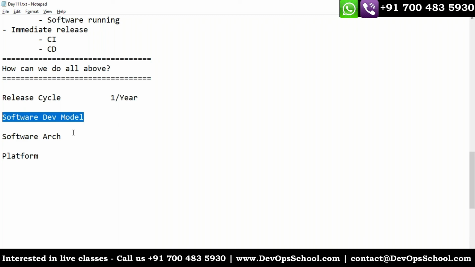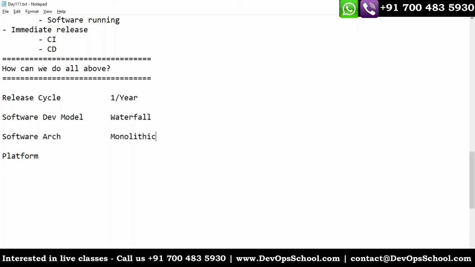Some of you must be working on old projects. Waterfall model. You see that here, waterfall model. And what was the software architecture at that time? Anyone? We call it monolithic.